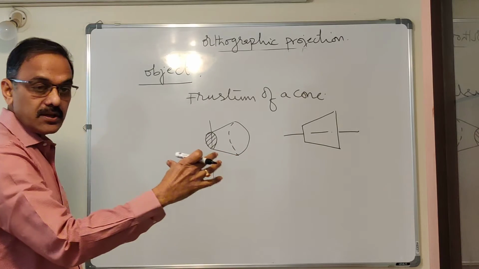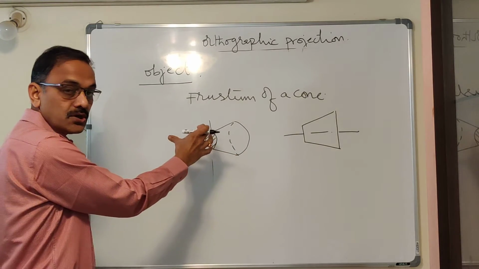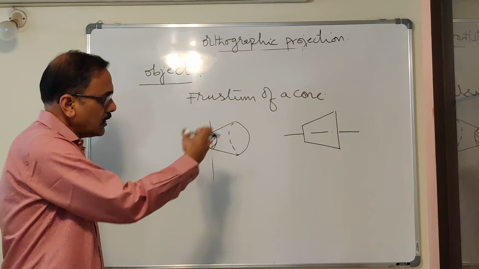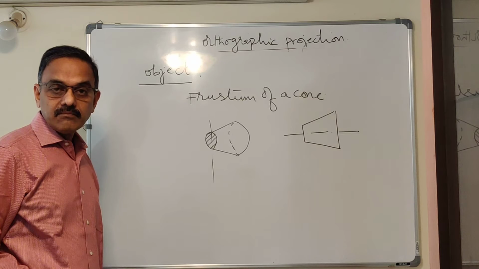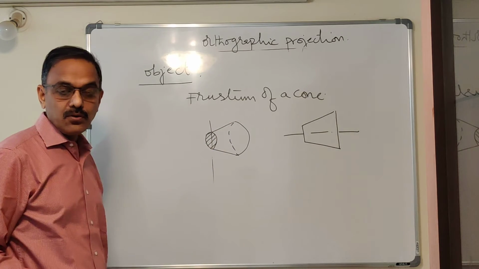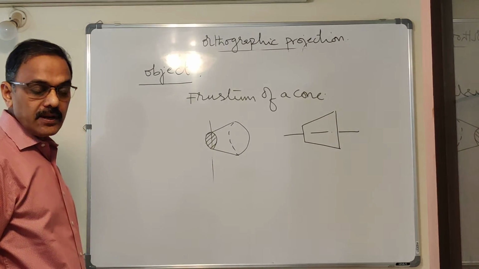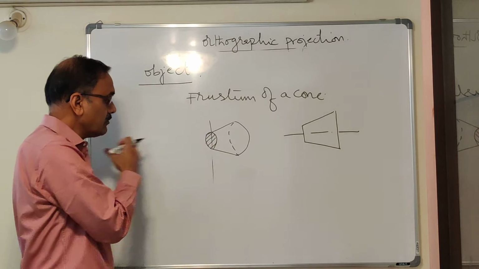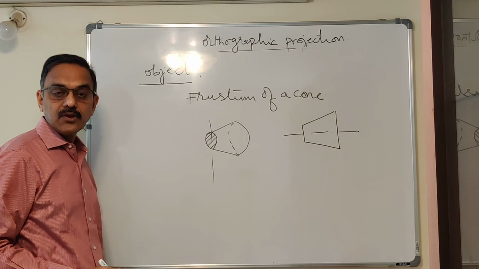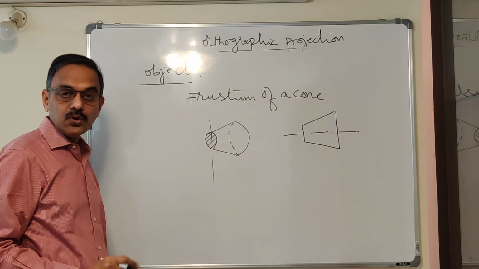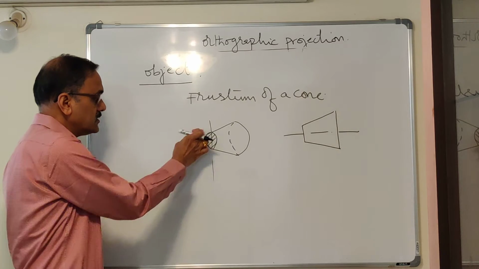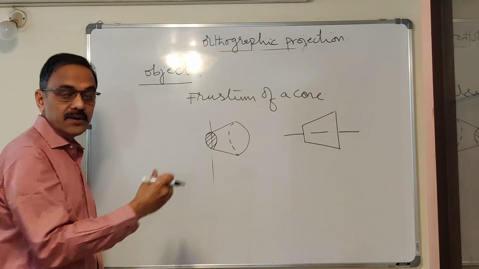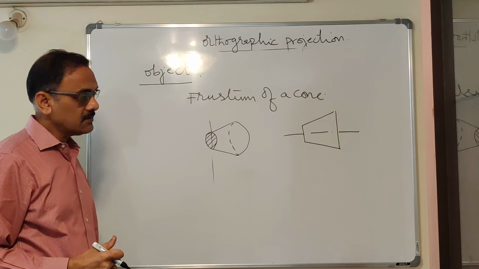When you imagine that it is kept here in front and imagine it is projected onto the front wall, it is obtained as a trapezium. This is the front view of the frustum of the cone. Now let me get its left side view. When you view this from the left, what do you get? Can you imagine what you get? You get two concentric circles. This is one circle and this is the other circle. So the left side view of this object will be two concentric circles.